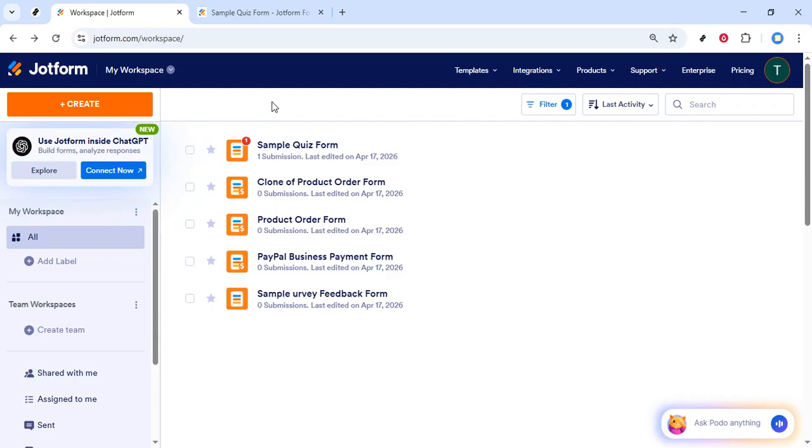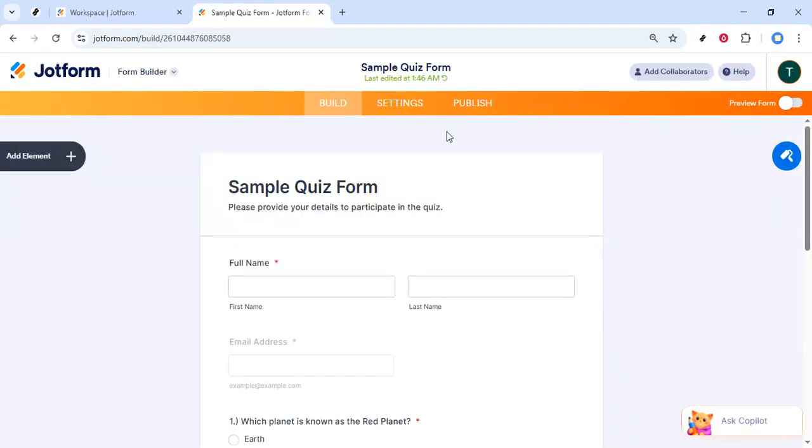Now, once you're logged in, the next step is to select the form you want to add to your GoDaddy site. Simply browse through your list of forms and click on the one you wish to use. After selecting the form, you'll see an option to edit it. Click on Edit Form to open it up for any last-minute adjustments you might want to make. This is a good time to ensure all your form fields are correctly set up and that it's fully ready